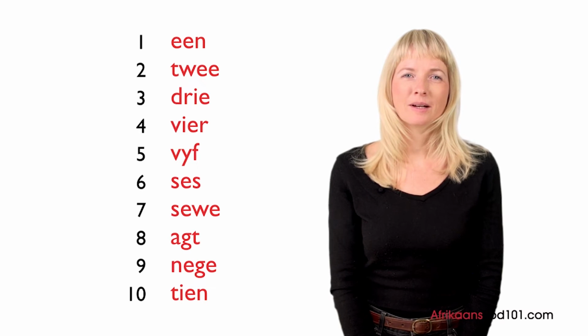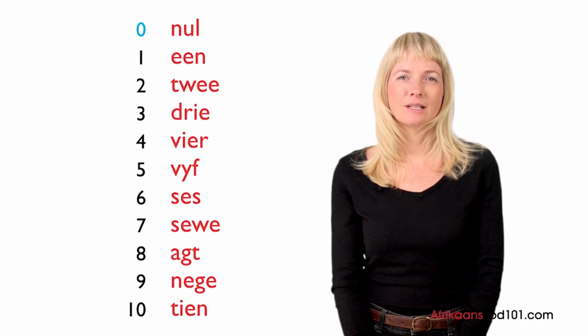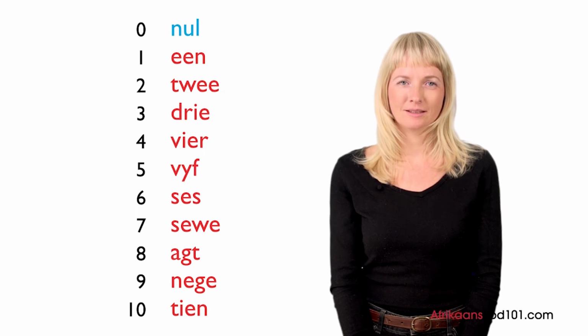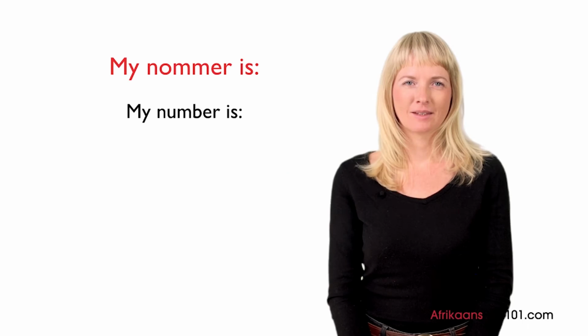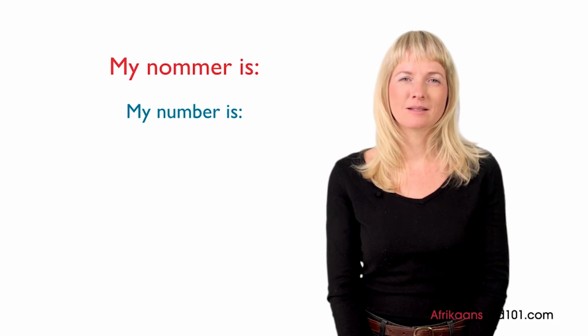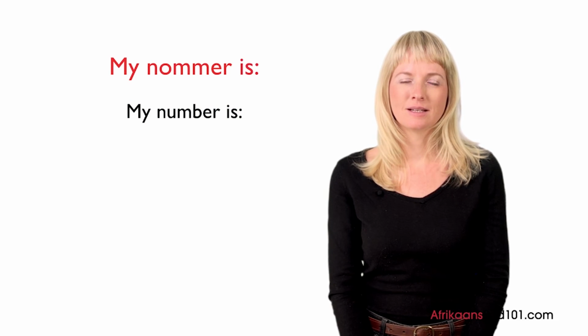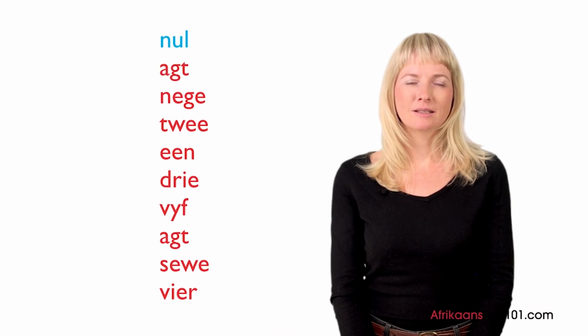Great job! What is before 1, do you know? The Afrikaans word for 0 is nul. Now you don't have any more excuses. You can give your friends your cell phone number in Afrikaans. Let's try it together. We'll use the phrase my nommer is, which means my number is. My nommer is